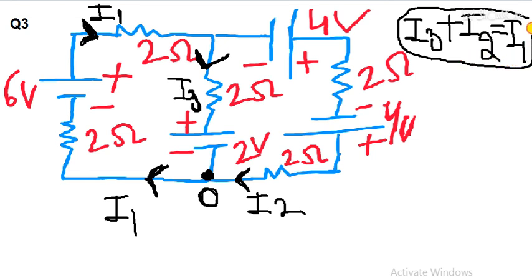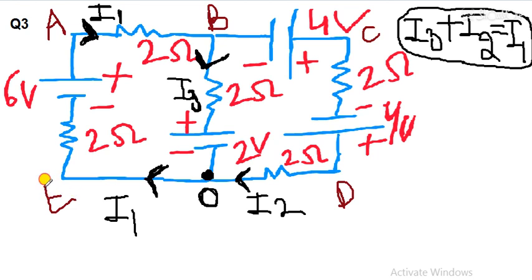I hope this equation is clear to you. If this equation is again not clear, then you have to watch the previous video, that is the previous video to the KVL. Now students, I have to select the path, so I am marking a little bit, marking is required. So let's take it as point A, let's take it as point B, C, D. Okay, O is already there, so let's take it as point E.